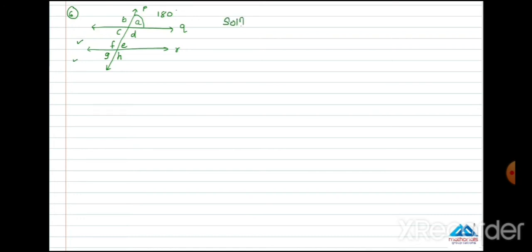So student, if you look, A and G are forming exterior alternate angles, and exterior alternate angles are always equal. Here we have two parallel lines and one transversal. This angle is congruent to this angle by exterior alternate angle, and this is congruent to this. We have the value of A as 80 degree only. So by the exterior alternate angles forming a Z shape, A equals G.